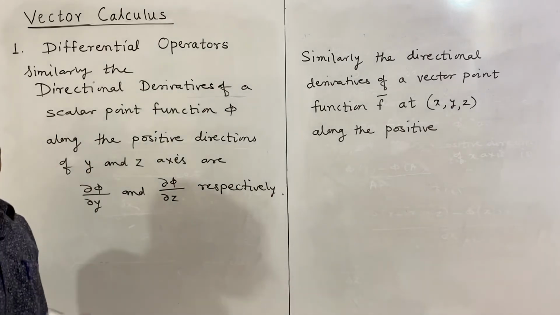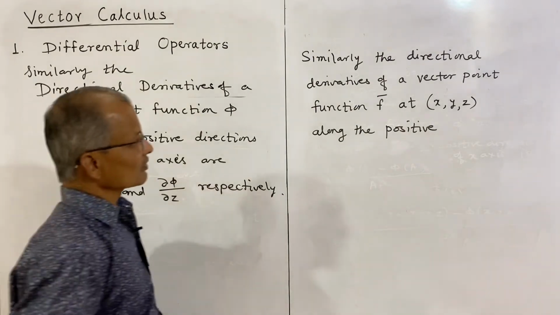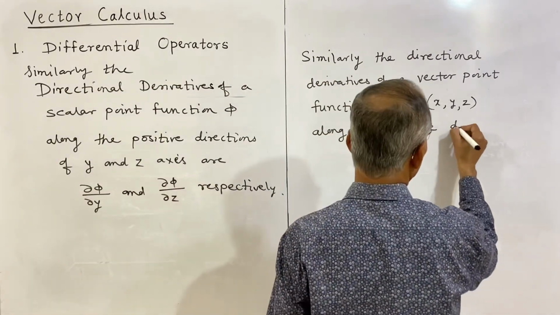If you consider the negative direction of the coordinate axis, then the derivative will be negative. So along the positive direction